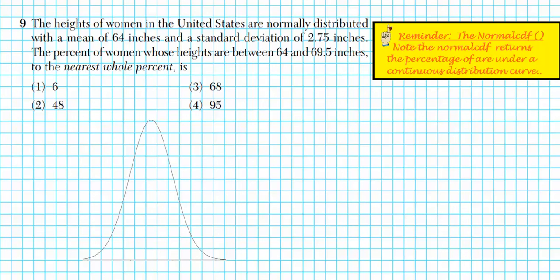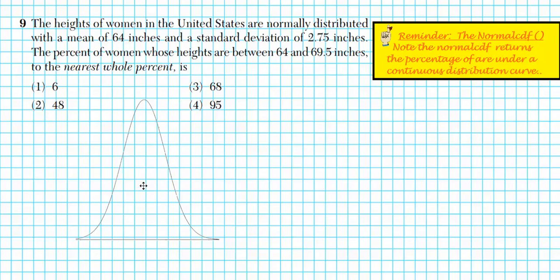All right, let's take a look at question 9. It reads, the heights of women in the United States are normally distributed with a mean of 64 inches and a standard deviation of 2.75. The percent of women whose heights are between 64 and 69.5 inches, to the nearest whole percent, is. So I gave you a